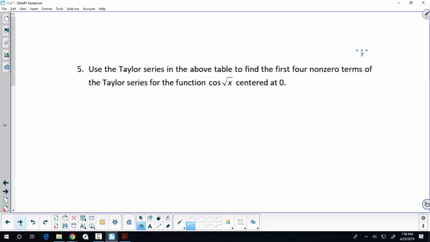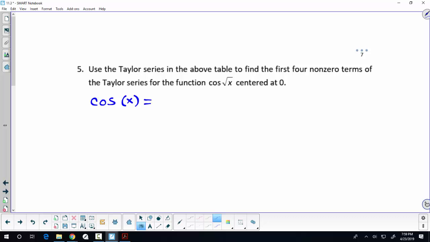So use the Taylor series in the table to find the first 4 non-zero terms of the function cosine root x. So this is where it's really helpful to remember the series for cosine. Otherwise, you've got to go through the process of finding the first, second, third, fourth, fifth, sixth derivative evaluated at 0, fit in the coefficients, and write out the series. But if we can just remember that the cosine of x,